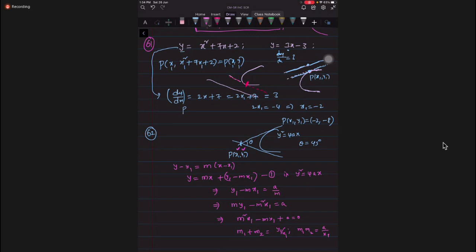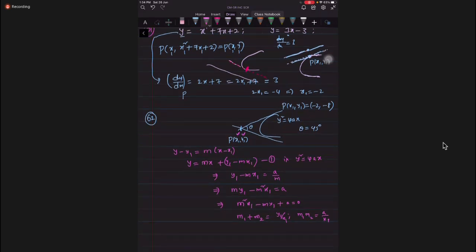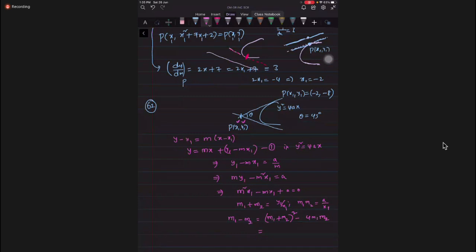But we don't want this. What do we know here, tell me, students. Angle, you know. Angle you know, means we need tan theta equals m1 minus m2 by 1 plus m1 m2. We need m1 minus m2, no. What is m1 minus m2? Square root of m1 plus m2 the whole square minus 4 m1 m2. That's why regarding this, I'm writing the formula root D by a. Yes or no? Discriminant from quadratic equations onwards, we are doing this, but still we are not able to pick up. y1 square divided by x1 square minus 4a by x1. Is it fine, students?